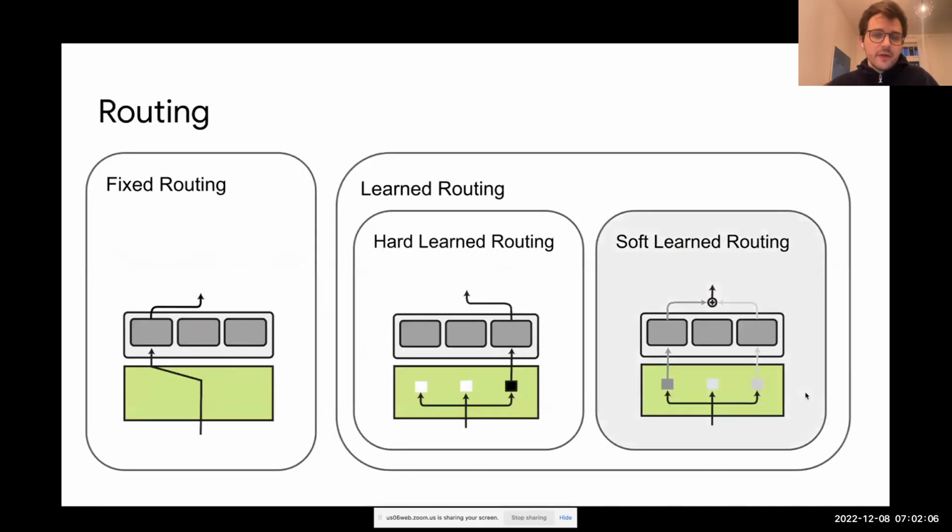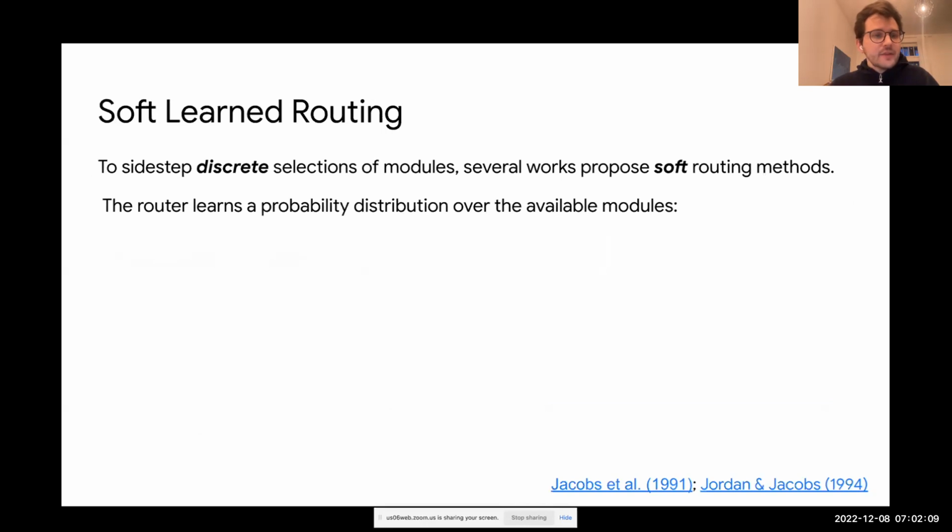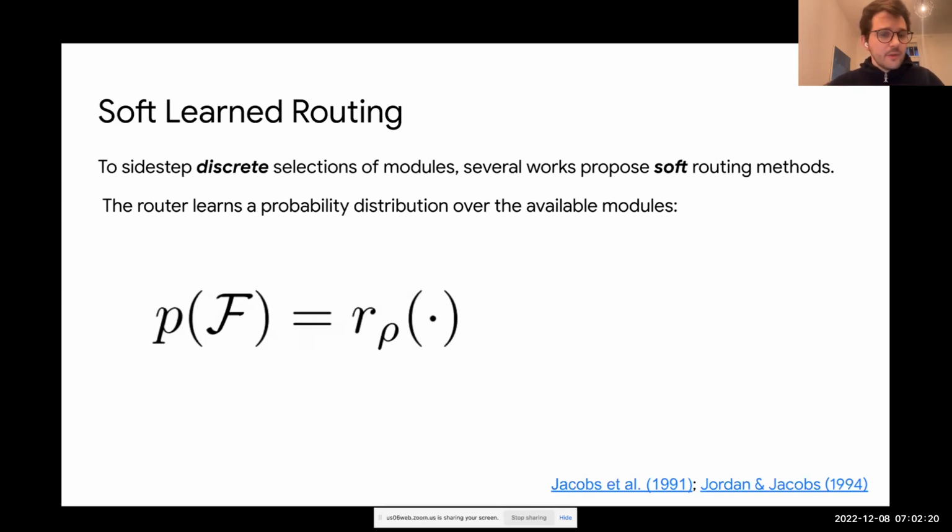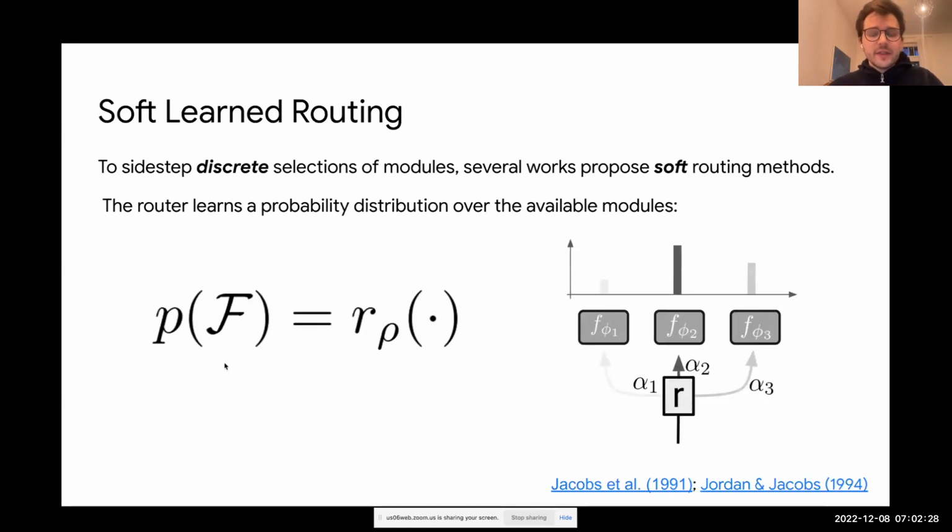Second of all, there is soft-learned routing. In soft-learned routing, we try to sidestep this discrete selection of modules, and instead the router learns a probability distribution over the available modules. The available modules is the set of F. Basically, instead of making this hard decision of somewhat of a k-hot encoding, we learn a distribution over the